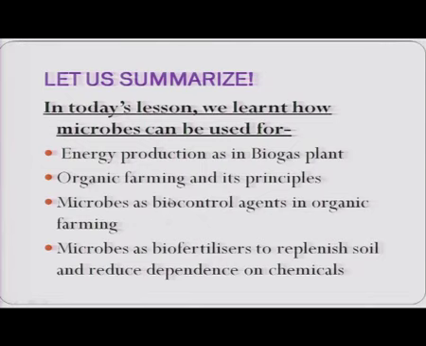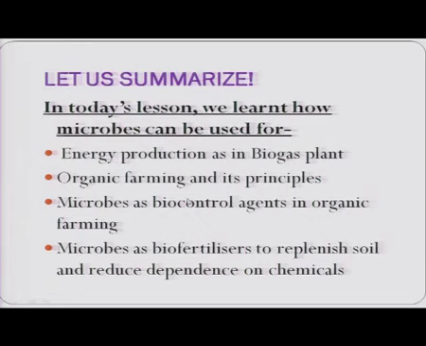So, with this we have come to the end of this chapter. Today we have discussed how microbes are helpful in production of biogas and how they can help our farmers in improving agriculture without destroying the quality of soil or without polluting the soil and water and other resources. So, in today's lessons we have learnt how microbes can be used for energy production as in biogas plant, organic